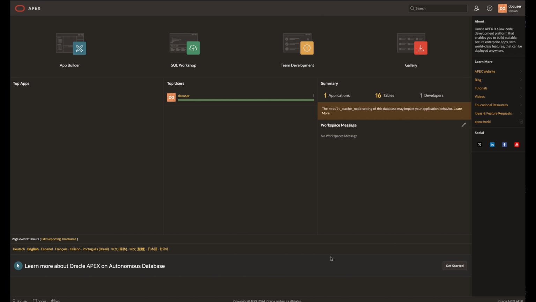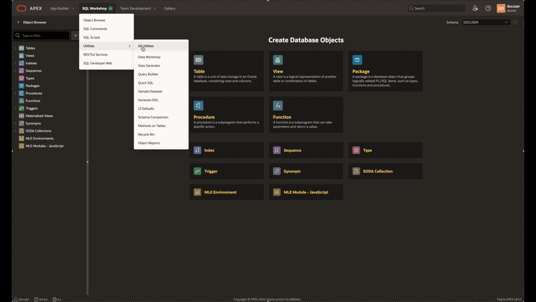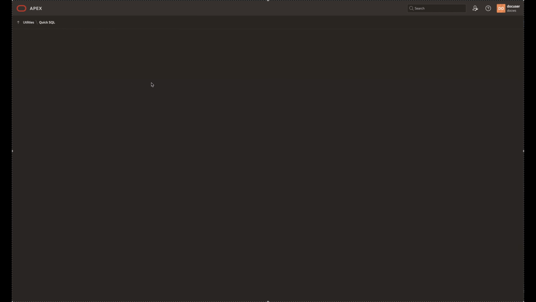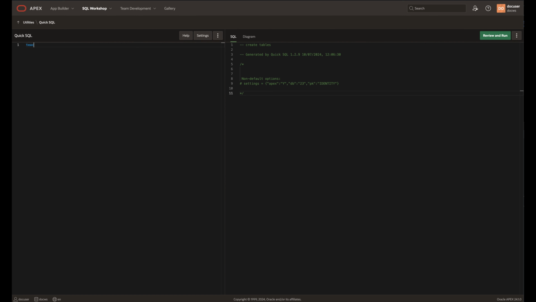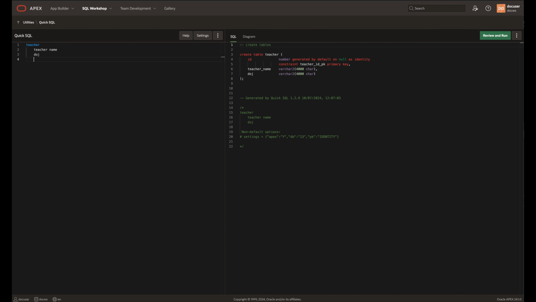Now let us see how we can quickly create an application using Quick SQL. Log into Oracle Apex and from the top navigation, select SQL Workshop and click on Quick SQL. Click on Help to view various options available here. You can also load a sample application. What we want to do now is create a master detail table with teacher and student relationship. The teacher table will have teacher name and date of joining. The students table will have student name and the marks in maths,